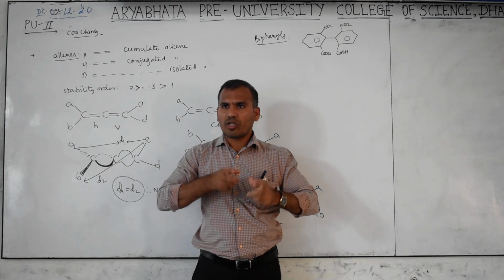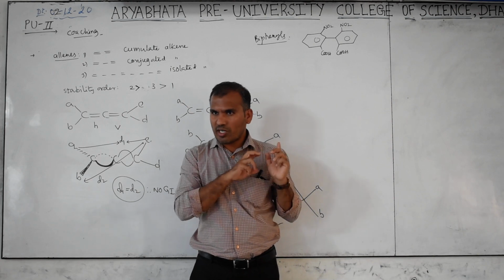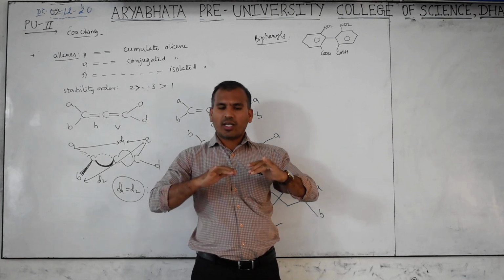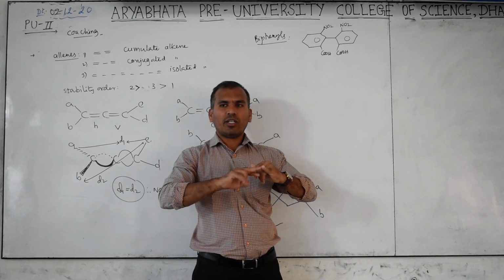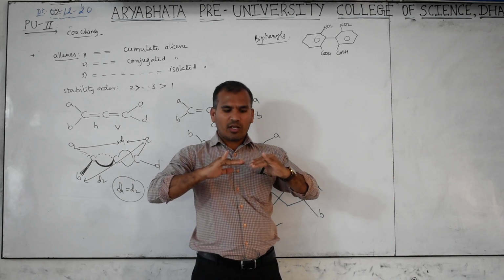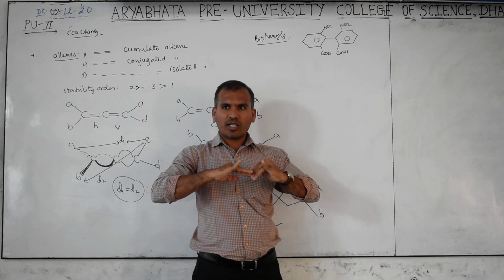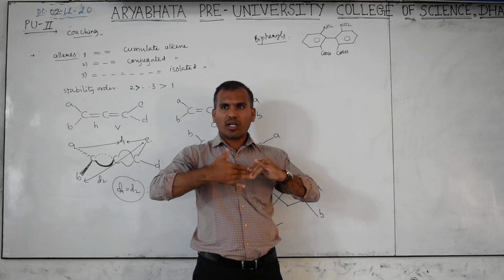Rotatable. C-C single bond rotation, that is conformation. I already explained the first one. But now, is it rotatable? No. Reason: here what is there? COOH. Here what is there? COOH. Now they will not exist like this, because repulsion takes place between these COOH groups. Therefore, immediately it comes like this.